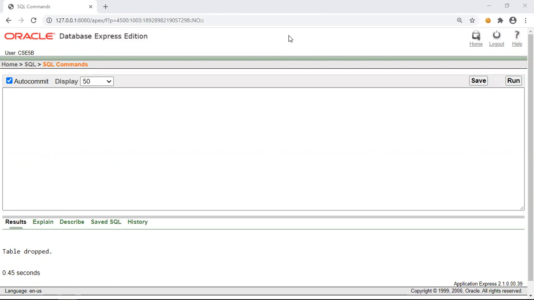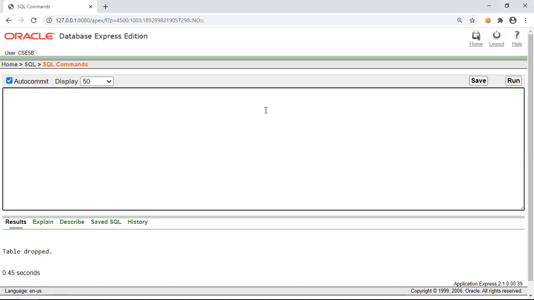Good morning, everyone. In today's class, we shall study a few of the features of the DBMS packages. First, we shall look into the various aggregate functions present in Oracle.